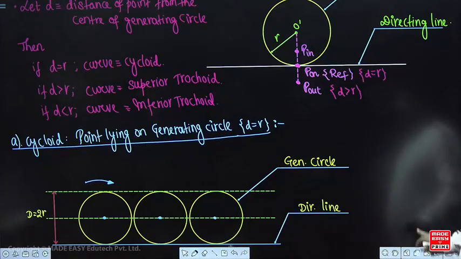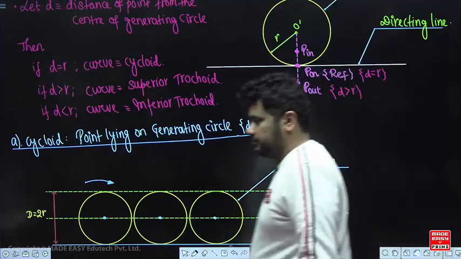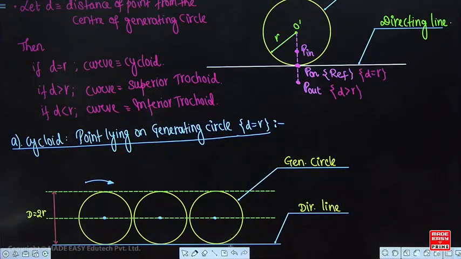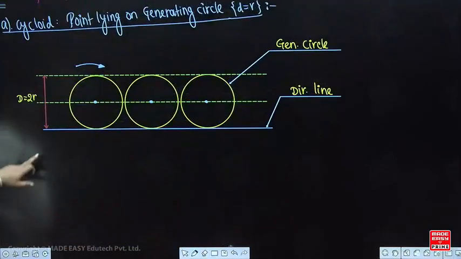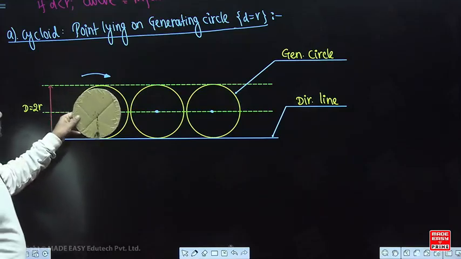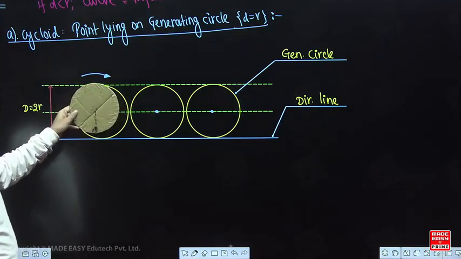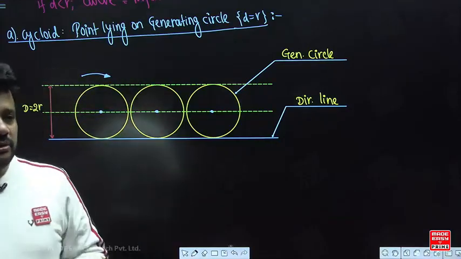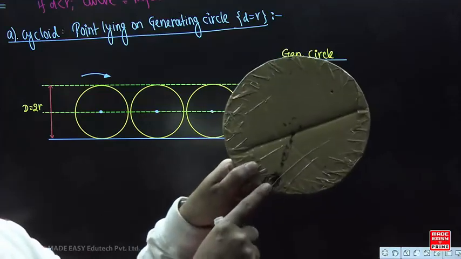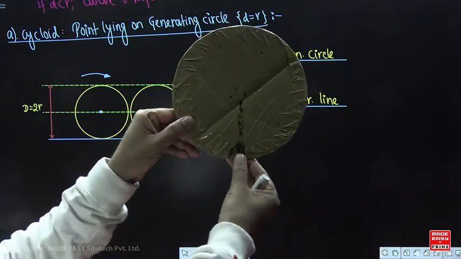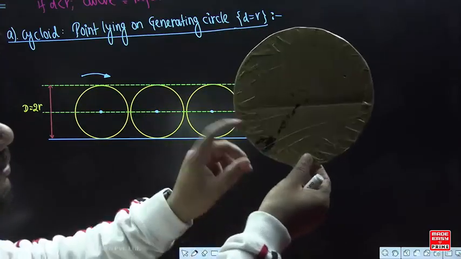Fine. So we have D equal to R. Now see, fine. See, now let us say this is the curve, right, or this is the circle, generating circle. Now when it will rotate, you can see that there is a mark here, right. So if you see that there is a mark here, see there is a mark here. So if it rotates, what will happen? Now if the generating circle rotates, this point will move like this,